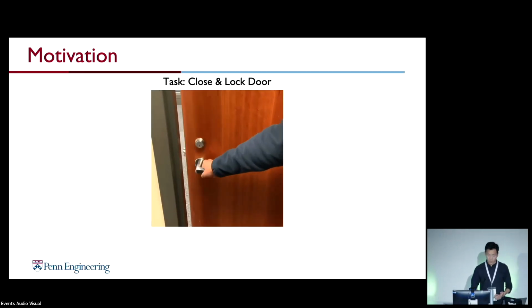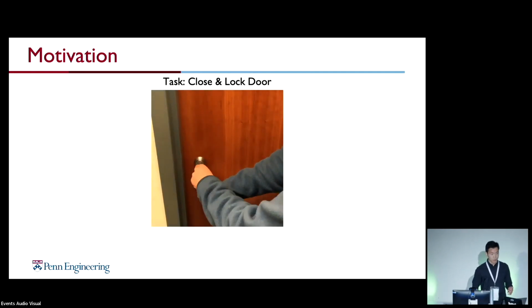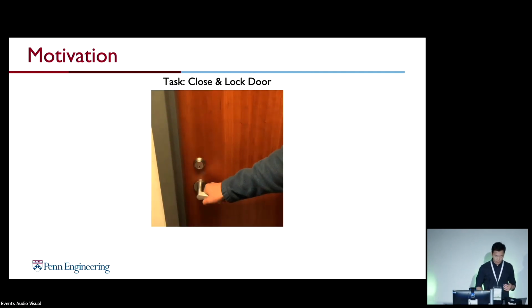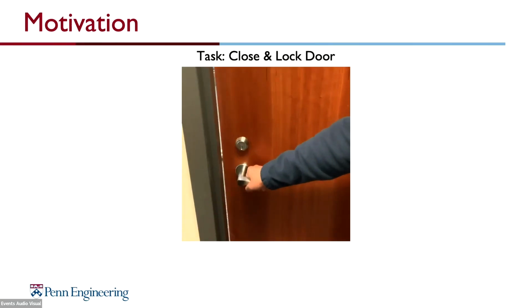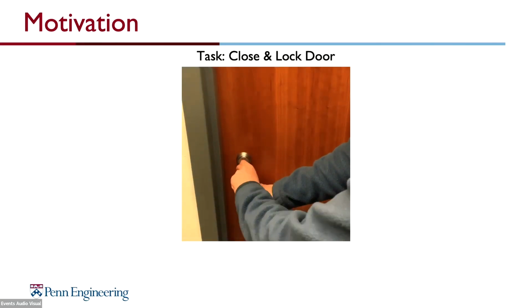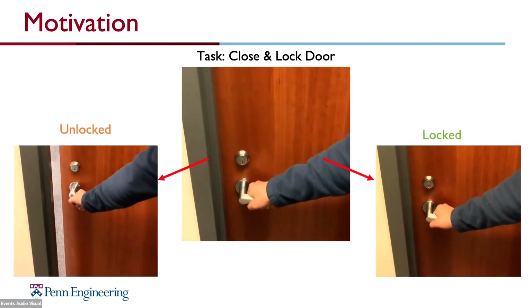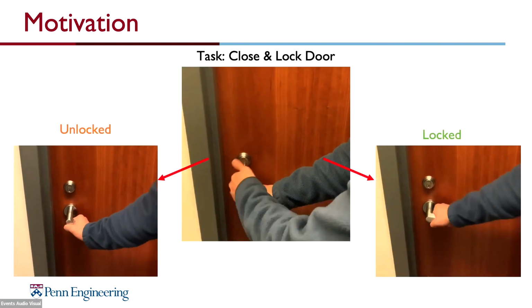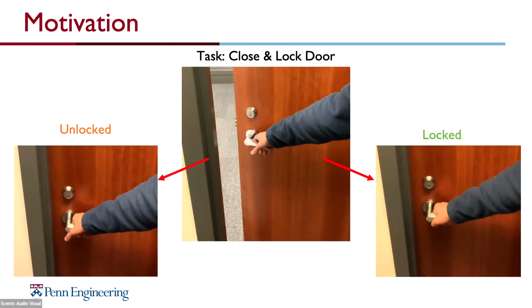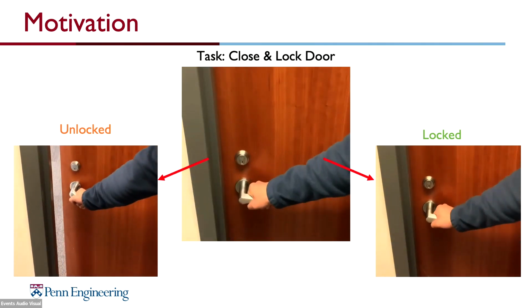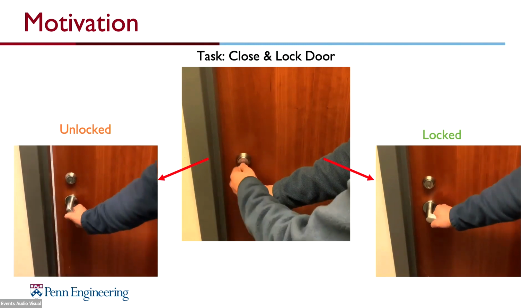I'd like to start the presentation with a very common real-world scenario where the task is to close and lock a door. It's a very simple task, and we just need to close the door, insert the key, and turn the key knob to lock it. But if you're like me, I always want to make sure that the door is locked by trying to reopen it. What's interesting about this is that we are using physical interaction to uncover the true state of the